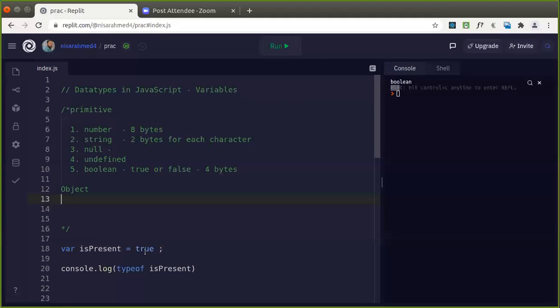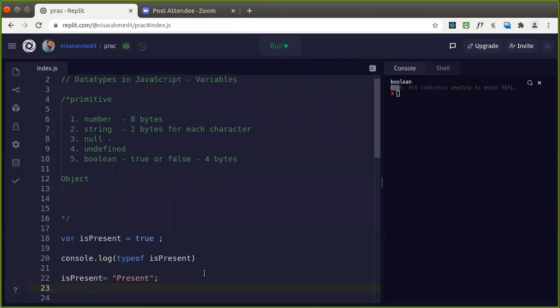Guys, you have also seen how JavaScript is dynamic in nature. Like suppose isPresent is equal to true, I have assigned. Later on, suppose to the same variable I assign a string. Just let's see that one.